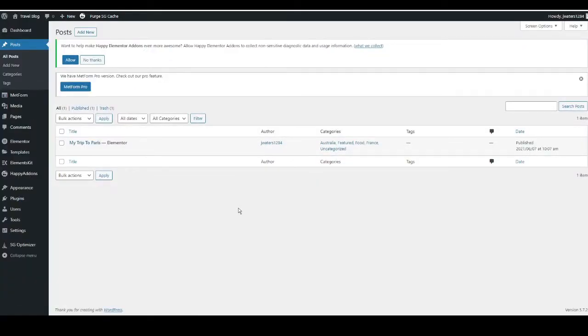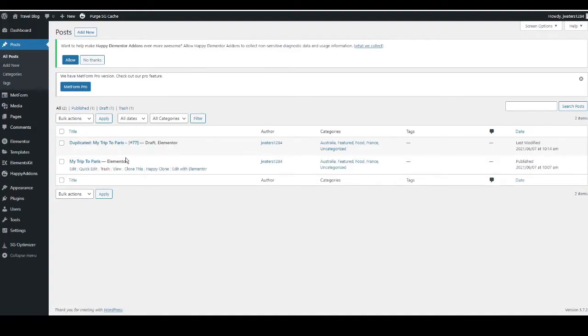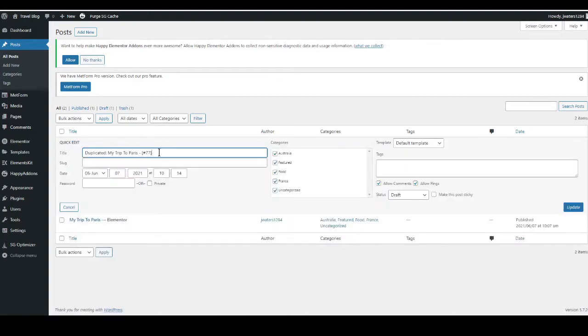So to speed up the process, we just need to copy the first post. To do this, just hover over and clone this. Then hover over the duplicated version and select Quick Edit. This is where you can change the title. I'm just going to call it Top 5 Paris Restaurants for the demonstration, and then go to Update on the